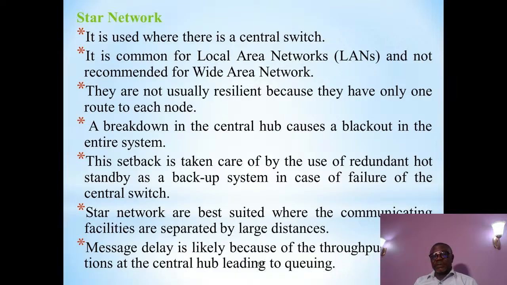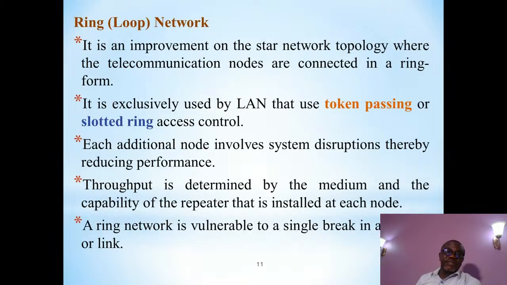So there will be a time when messages more than the capacity of the central switch will arrive. When they do, then some must queue and wait for their turn to go through. So you see that it is part of the limitation of this star